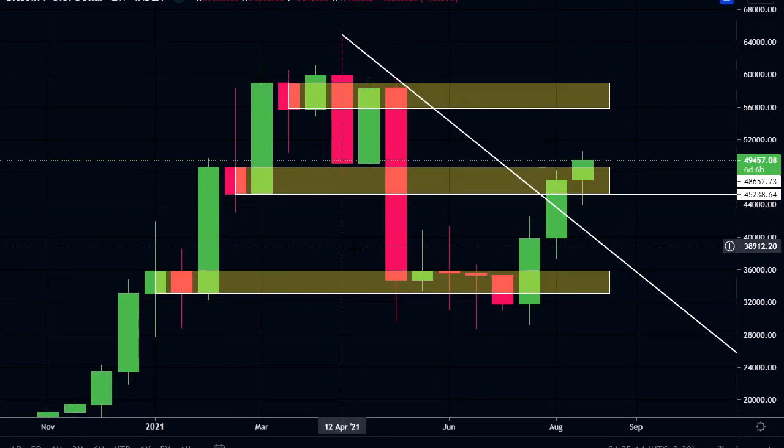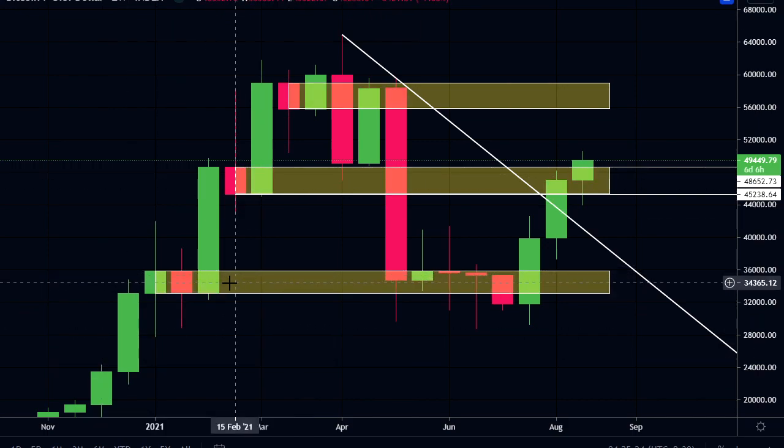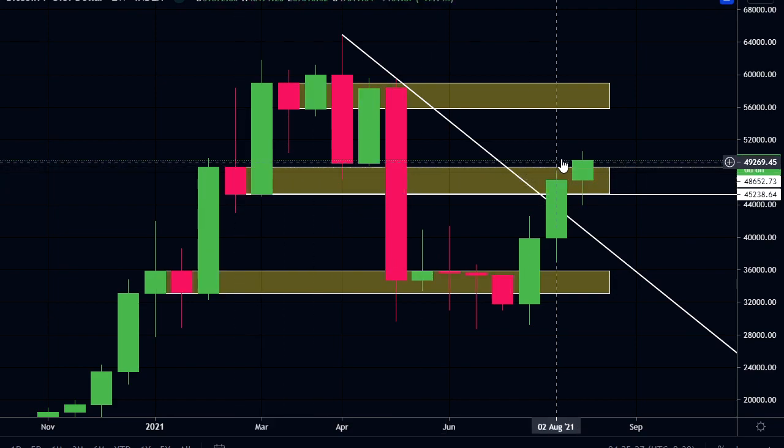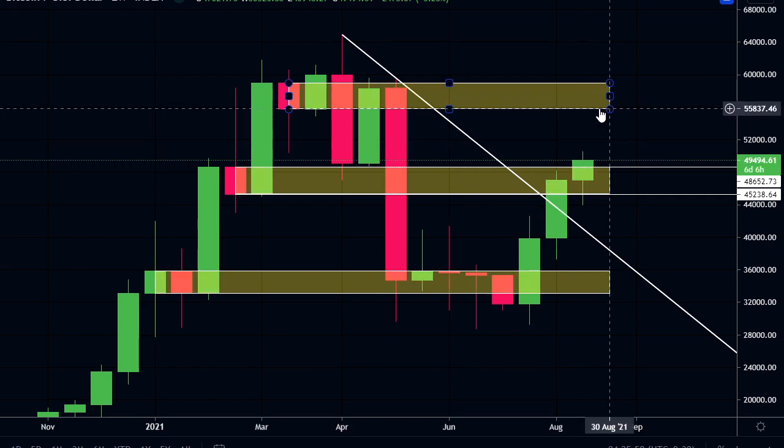And the 2-week chart here gives us a bit of clarity. We can see we had these order blocks here, a supply and demand zone in an uptrend. When we get a red candle, this is known as an order block. We had this order block up here drawn, and currently we are above that order block. The top of this order block is at 48.6, but we do have another week before this candle closes. So I would like to see Bitcoin close above this 48.6 level, and that would give me confidence on this 2-week chart that perhaps we'll make a run to this next order block at 55.8,